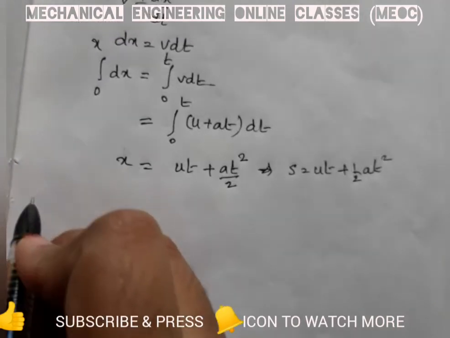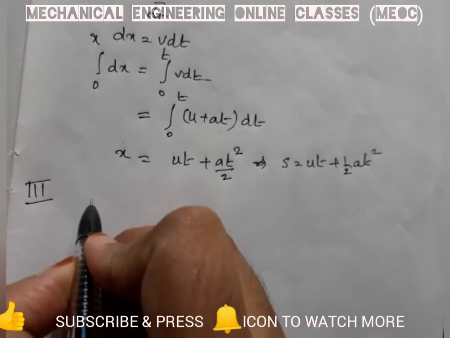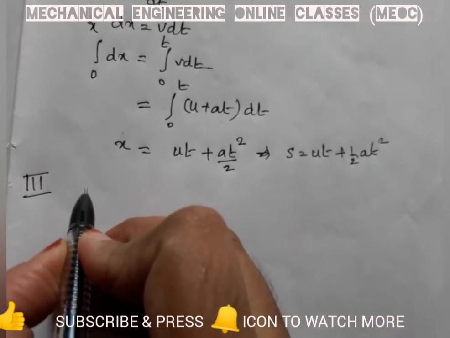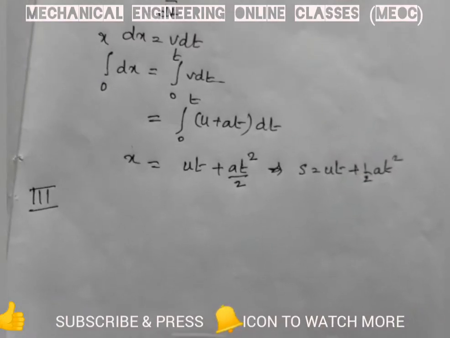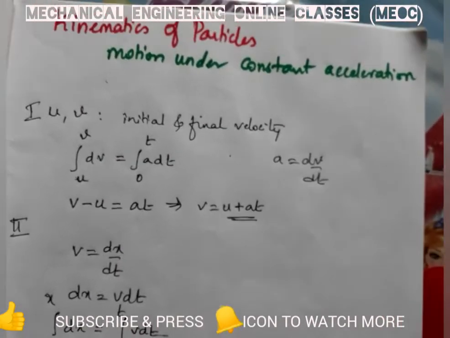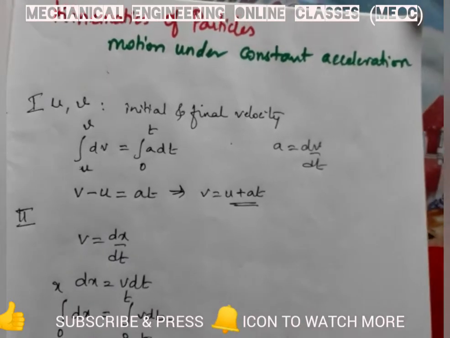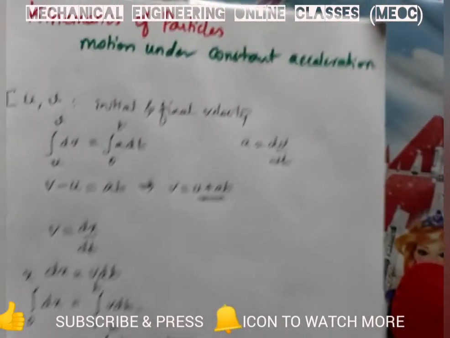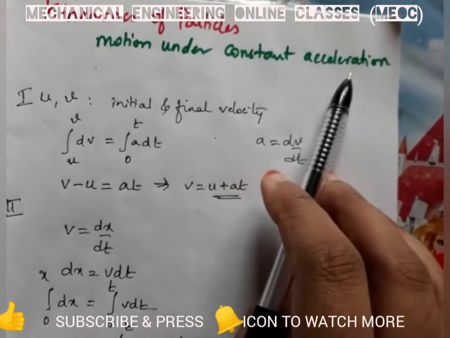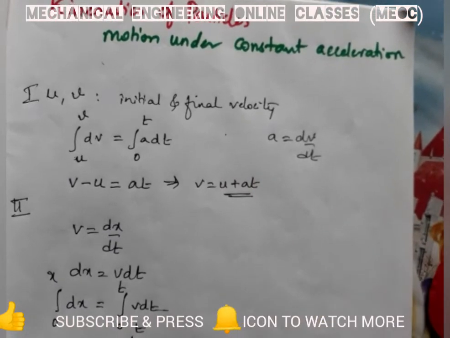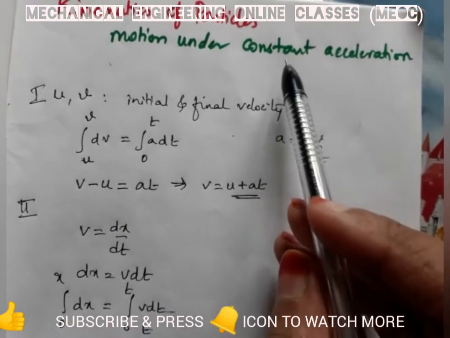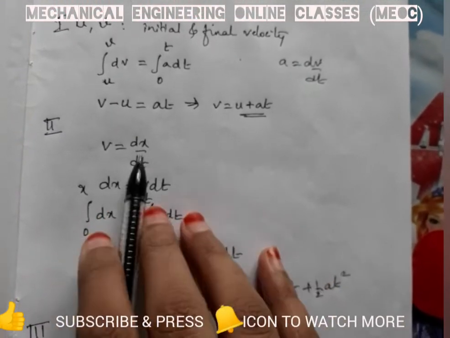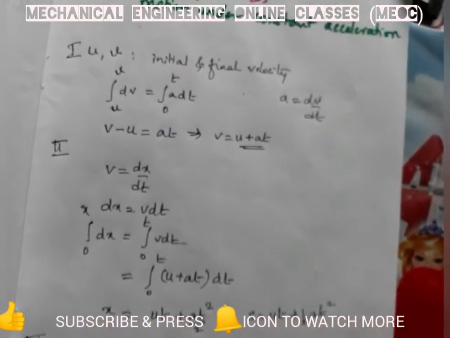The third one is velocity or acceleration as a function of position. From the previous title, where the motion is under variable acceleration, we have taken these relations from there only, but we are trying to put constant acceleration in mind. This is a special case of the first case. The first case is where acceleration is variable, here it is constant. So if you can see, v is equal to dx by dt, all these relationships are taken from variable acceleration only.